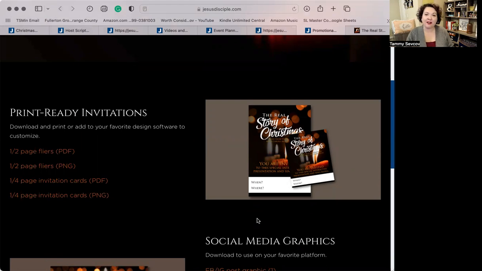I do encourage you, however, not to just hand out flyers. What we've seen is more effective is when you can personally invite somebody to this event. So you may have a flyer with all the information and all the follow-up and maybe your phone number or email address to reach out to you, but you knock on the door and talk to people about it, not just leave a flyer stuck in the door. In fact, I would even encourage you to consider going back through the neighborhood the day before or the day of to remind people: it's tonight at 7, I hope you're going to be able to be there, we have hot chocolate, whatever it is, that you do that in a personal way. It's just so much more effective when people are personally invited.